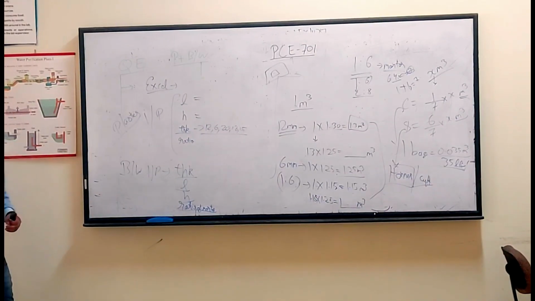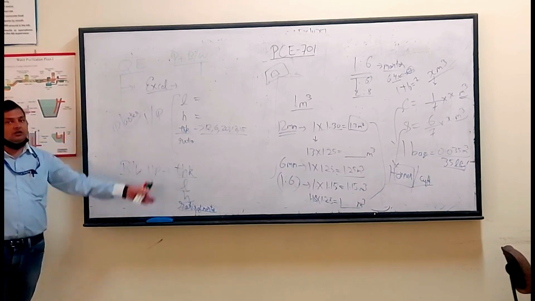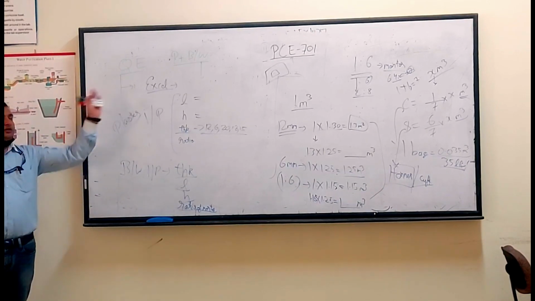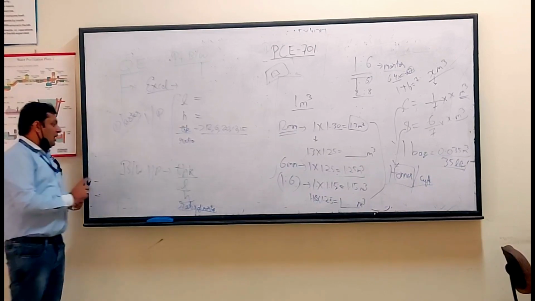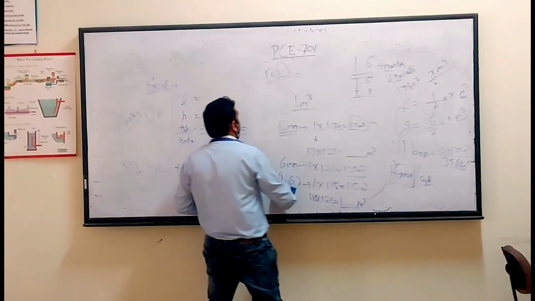Manually you have done that, but if I change your location, the whole calculation has to be repeated. So henceforth we will make an Excel file into which you input all these values, and with these inputs all the other things will be calculated on their own by the Excel. We will design the Excel in such a way. And the second portion of your Excel file will be the cost.